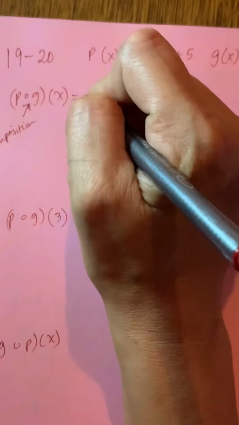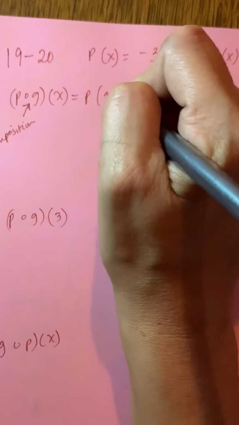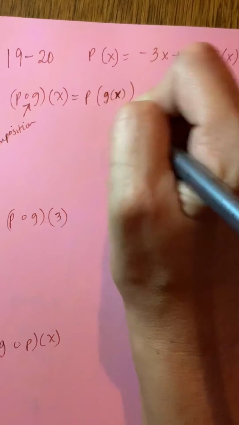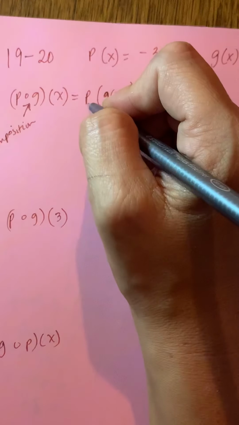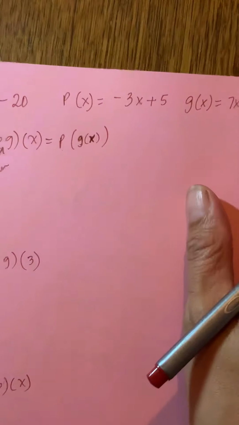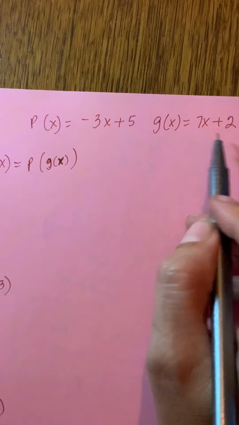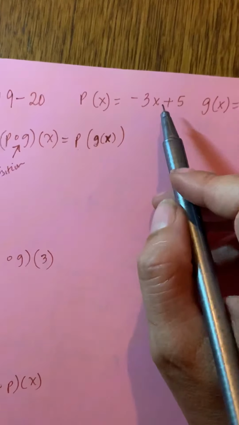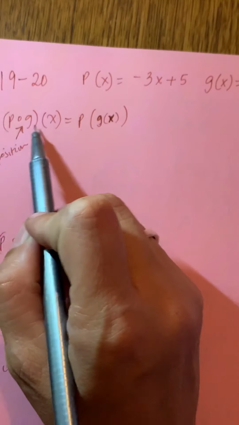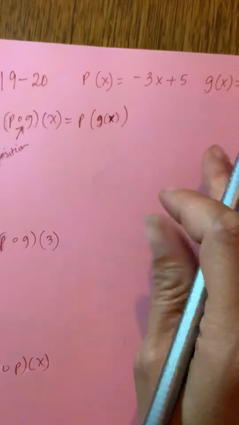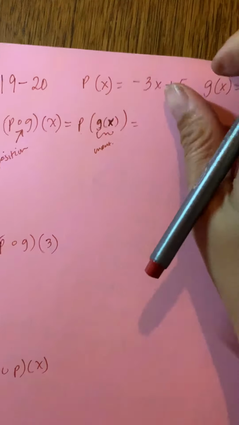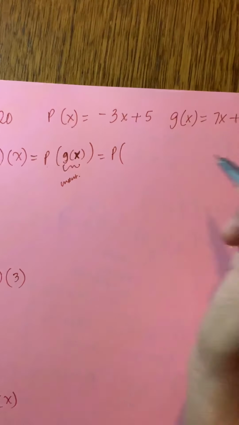What does this mean? Well, this is P of G of X. This means we're going to put our G function inside of our P function. So every place we have an X in P, like right here, you're going to take the whole G function and plug it in there. You might be asking, how do I know which one to plug in which? Always the letter that's closest to the X is going to be your input into the other function. So this whole thing acts like the input. So that's P of